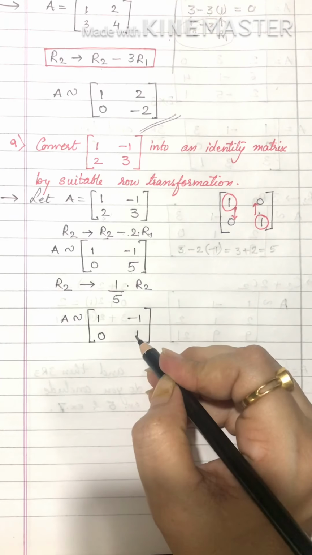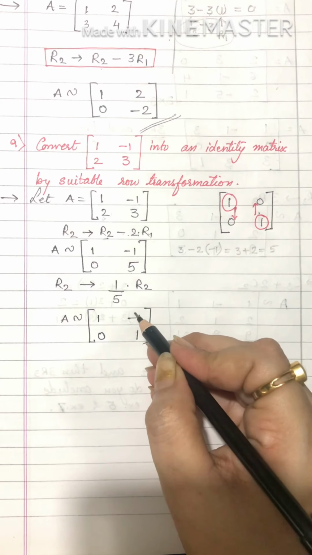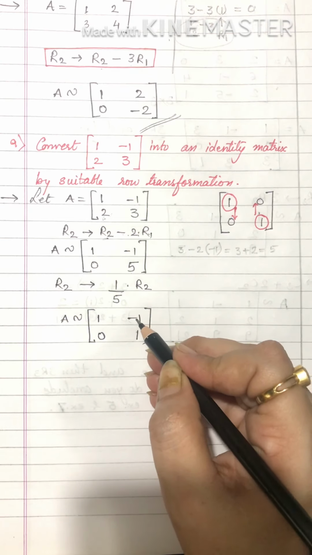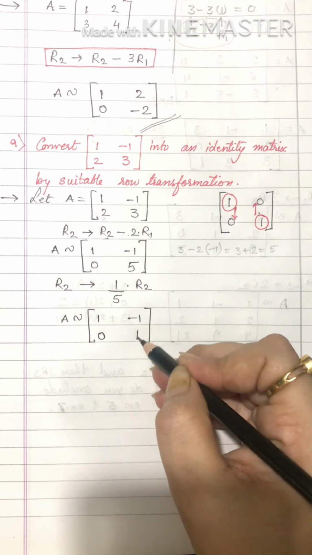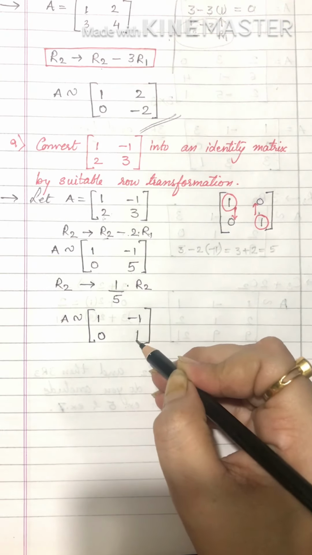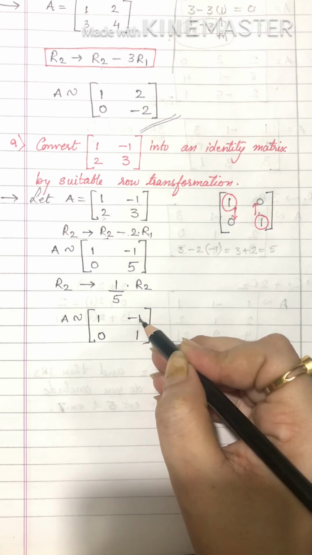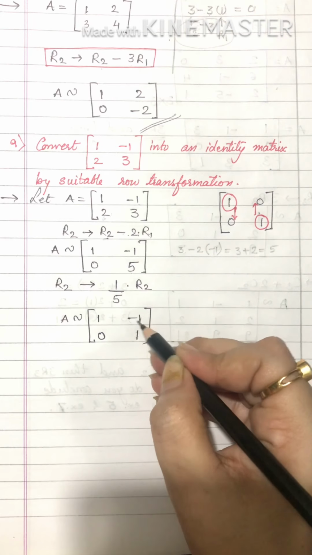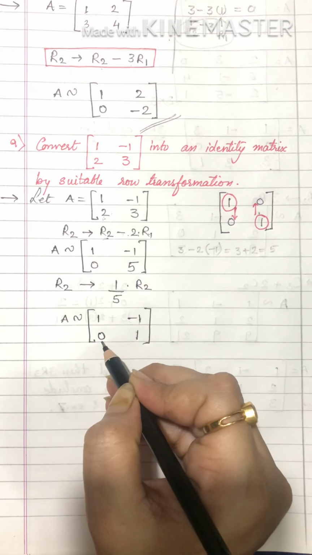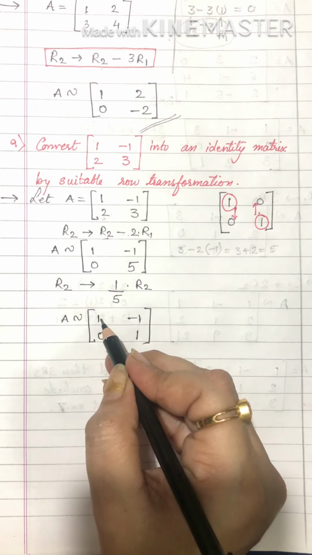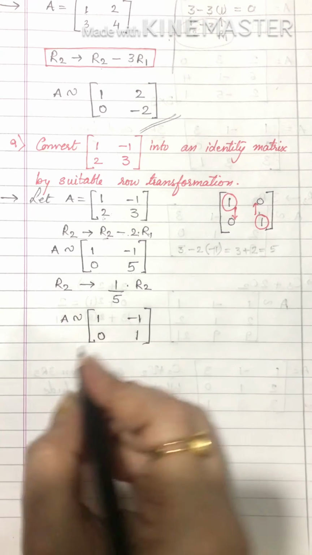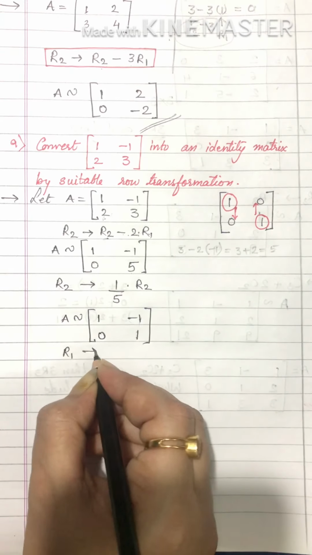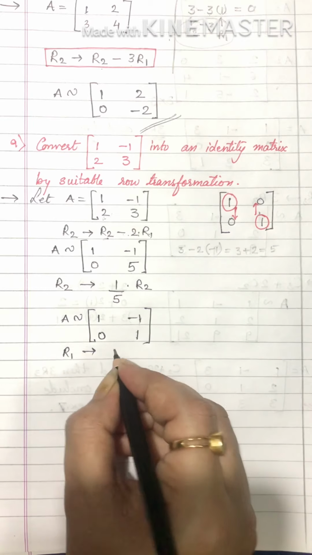Now the last task is to convert this minus 1 into 0. Simple. We can just add these two. We have to use this element to make this one 0. So if I add minus 1 plus 1, it will give me 0 here. And check out here, 1 plus 0, you'll get 1 only. So it's not making any difference to the elements which are already converted.